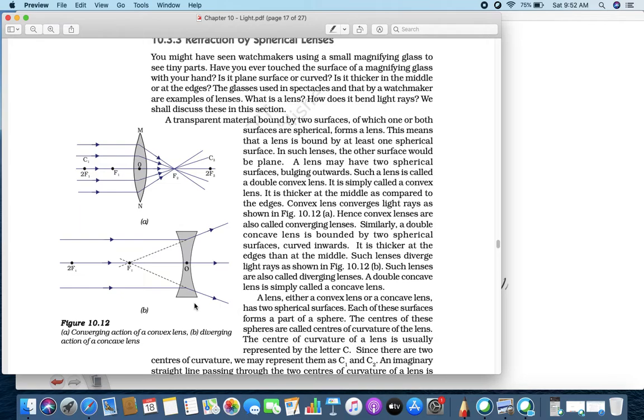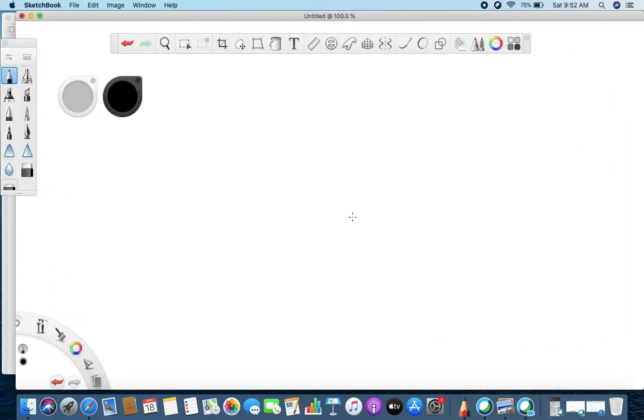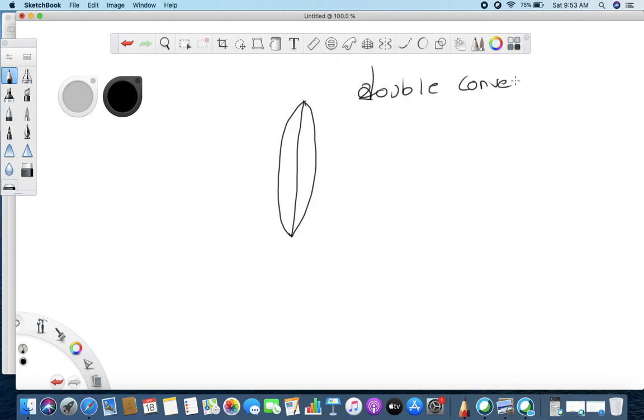Now why do they call it a double convex lens or double concave lens? Actually double means, if you talk about a lens, it is one part only like this, but it is on both sides. So we call it a double convex lens. And if you draw like this, concave, it is a double concave lens. So that is the difference between double convex lens and double concave lens.